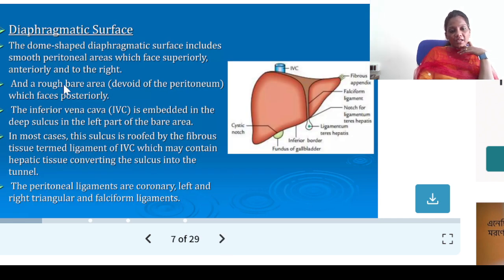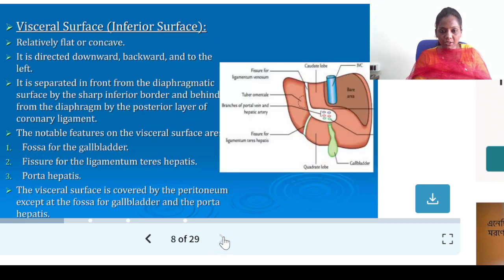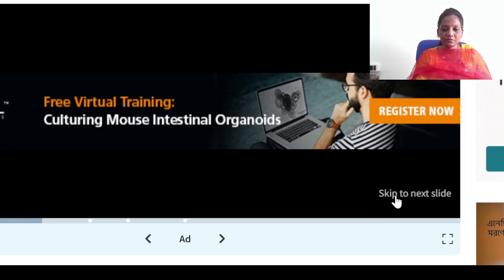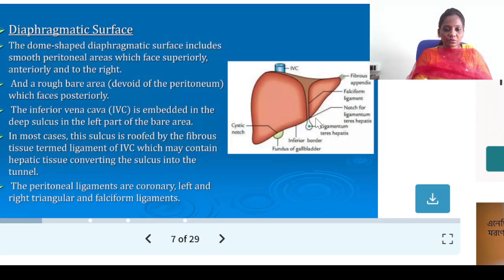When it comes to the diaphragmatic surfaces, all of this is not required. Just have a look at the liver, and I will explain with one complete liver specimen. Here you can see how the anterior portion of the liver looks. It is a dome shaped diaphragmatic surface, which includes smooth peritoneal areas that face superiorly and anteriorly. And the next one is